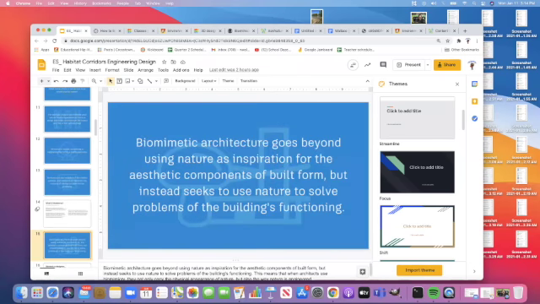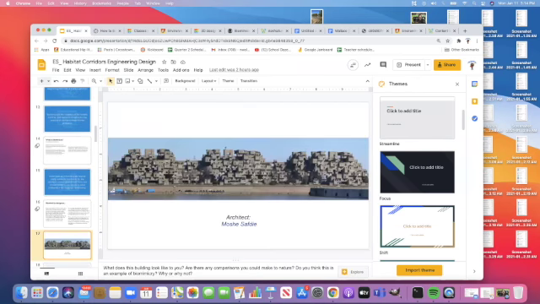There's this whole idea of biomimetic architecture. There's even a city in Zimbabwe where they have buildings that don't require air conditioning because they're built like termite mounds. So there are other buildings and structures that are biomimetic that help